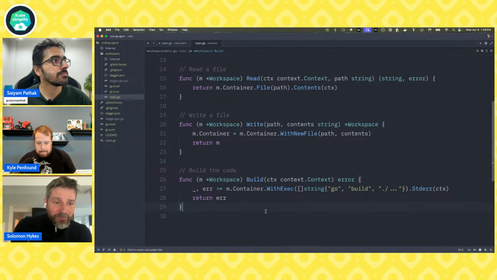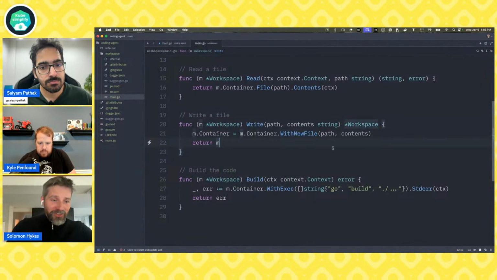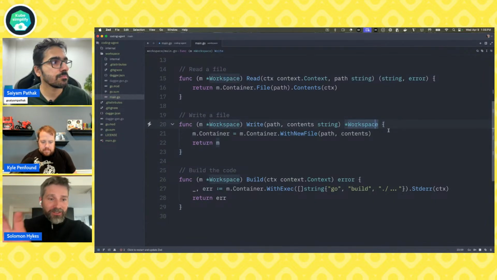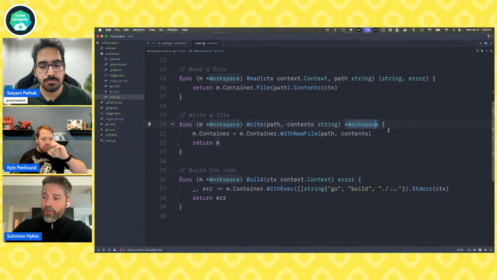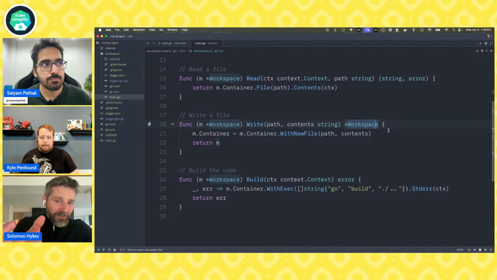Yeah. And I just want to say something about that second function that you wrote, just to make sure everyone understands how cool this is, and also it's an important feature of how Dagger works. The function writes, it modifies the container, but it does it in a particular way.